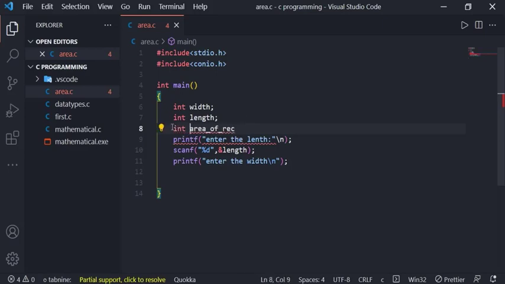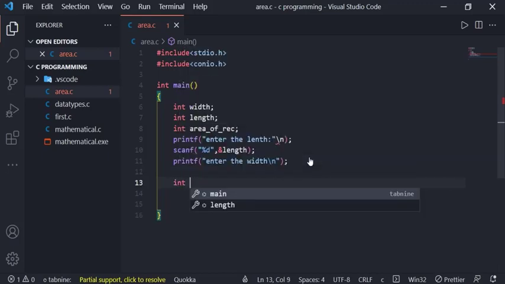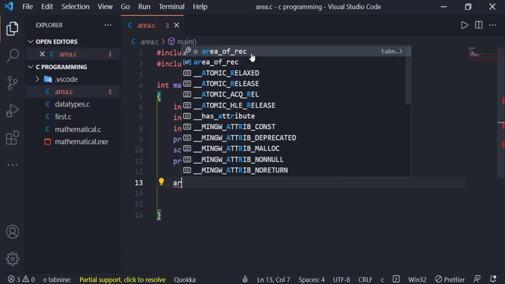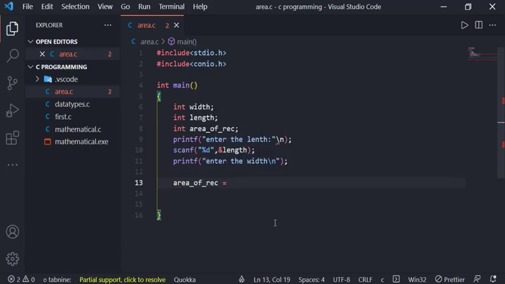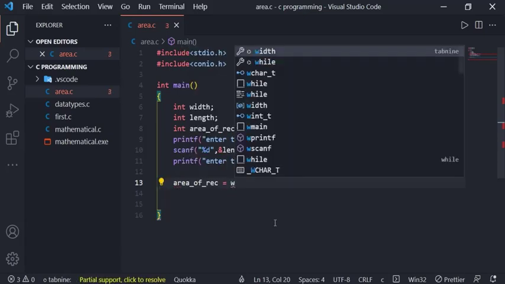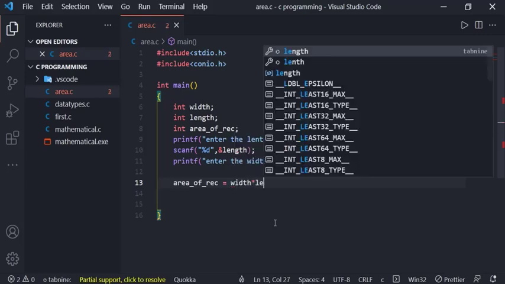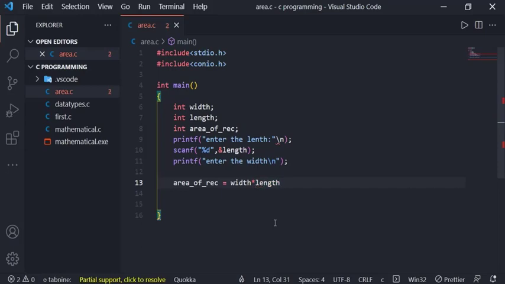So we are going to say int area of rec, then we terminate, then we write the formula here. It should give us area of rec equals to width, use the multiplication, width by length that we have defined,